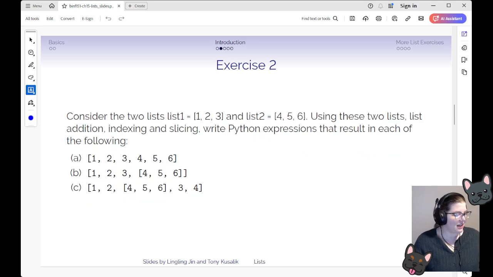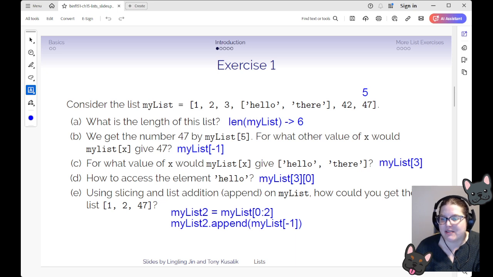All right, for exercise 2 here, we have 2 lists. One is called list 1, and it has the values 1, 2, 3, and the other one is called list 2, and it has the values 4, 5, 6. I'll probably just write the responses in the slide to keep it simpler. I would recommend you typing those lists out in PyCharm and then trying to code along with me and printing out the results. So even for things like we did here, instead of just seeing this on the screen and taking my word for it, go into PyCharm, write out this my list that we have for exercise 1,